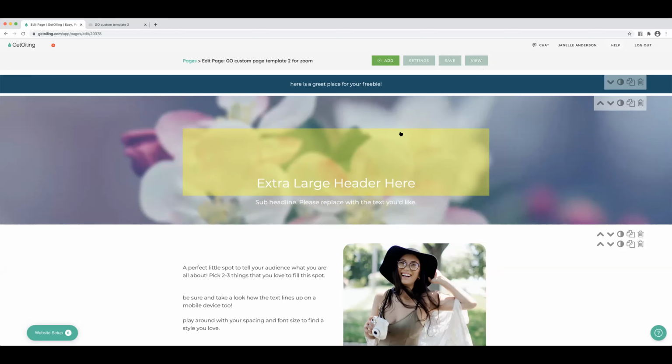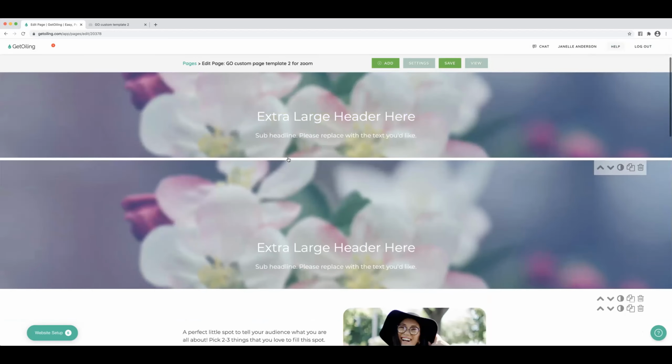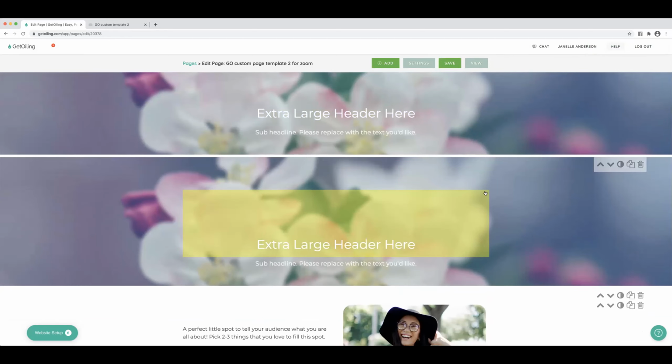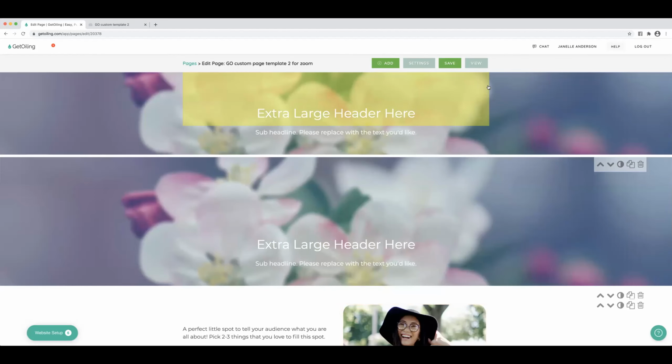Okay. So to get it back, what I want you to do is duplicate this section, which is these two pages right here. That just makes a copy of it. This is the one we are going to keep for our desktop. And we're going to go down here and edit this one to show up on mobile. So we're going to edit the section background. Since I made a copy, this one is not showing up on mobile, so we're going to switch it. We're doing the exact same thing, except this one you're going to show on mobile. Uncheck all of the other ones. And that way, when we hit view,